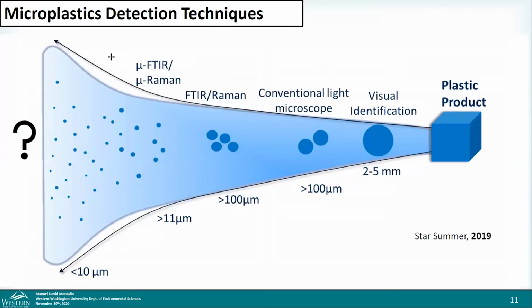So here I have an image that's showing we have our bulk plastic product, which can break down into smaller particles that we can visually identify or use light microscopy to identify. Once it gets smaller and smaller, we can use things like FTIR and Raman, or couple microscopy to FTIR and Raman for micro FTIR and micro Raman. But again, we're limited in terms of how small we can go down. So we're only really able to get down to about a micron in terms of the particle sizes that we